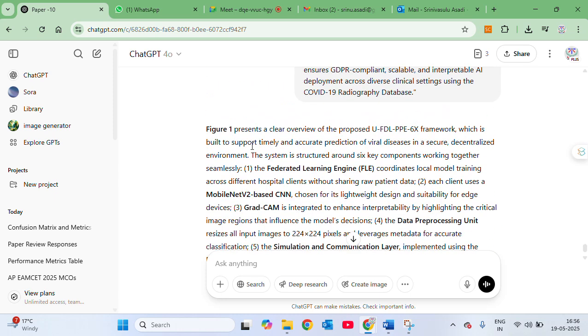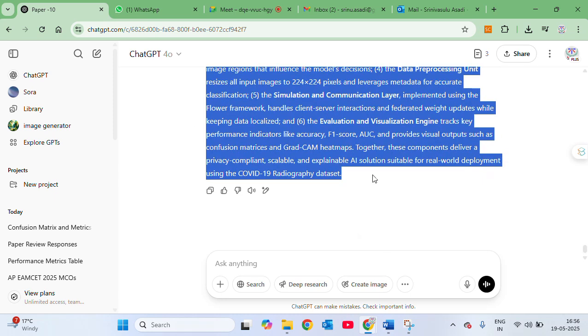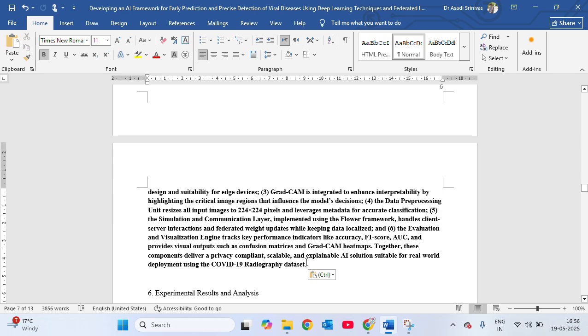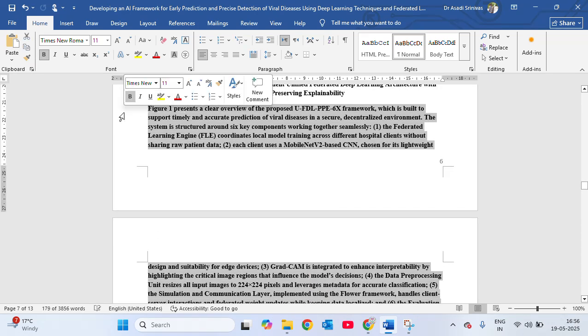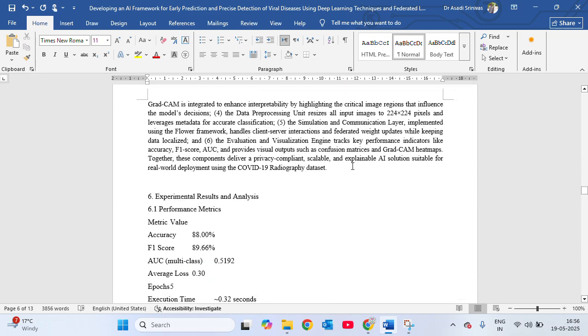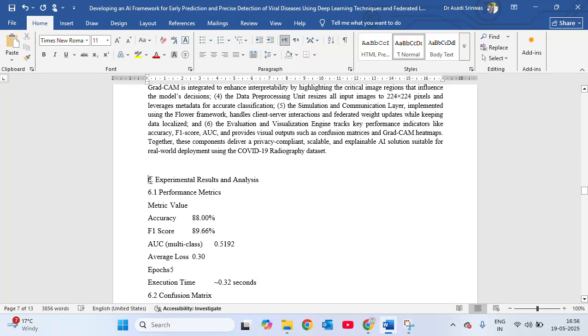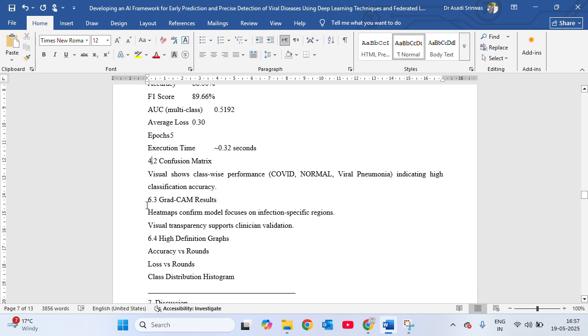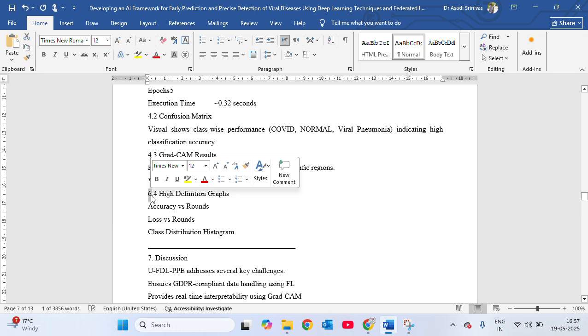So now like this you need to develop a proposed architecture diagram with our own. The explanation we need to paste it. You make it unbold. Okay. So now figure 1 we have explained. Now I am going for the fourth side heading. Actually, what is the fourth side heading? Experimental results and analysis. So four side headings are there.